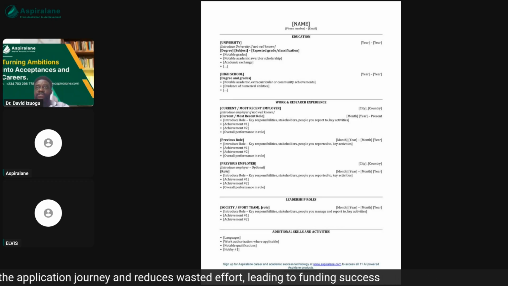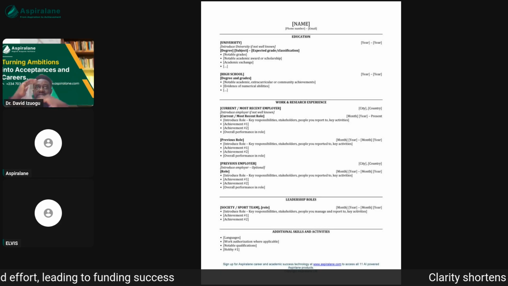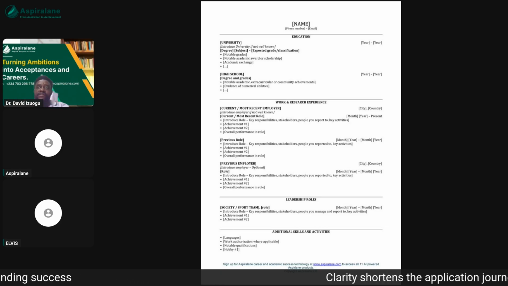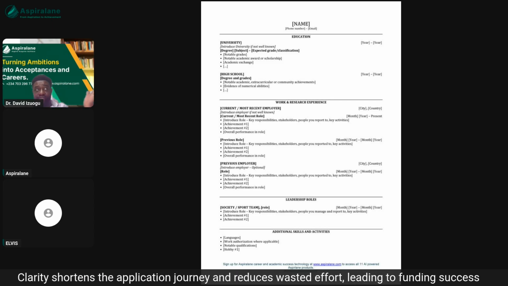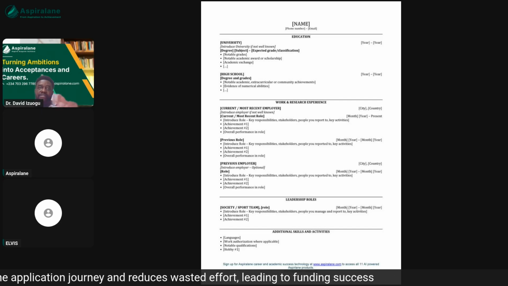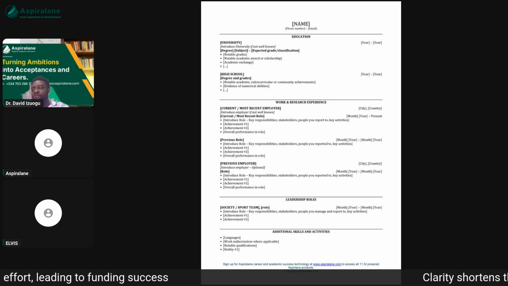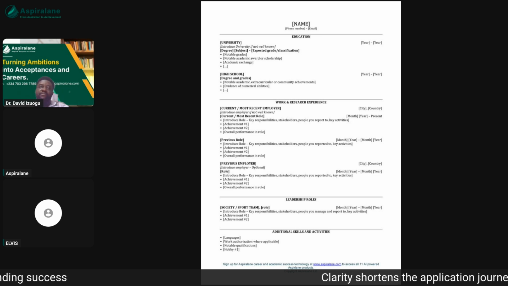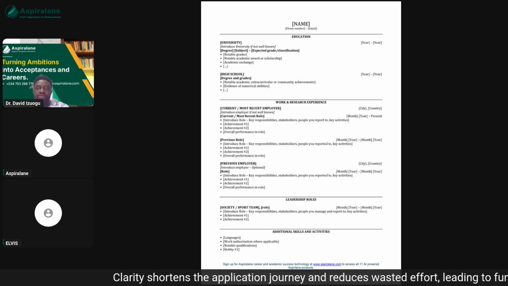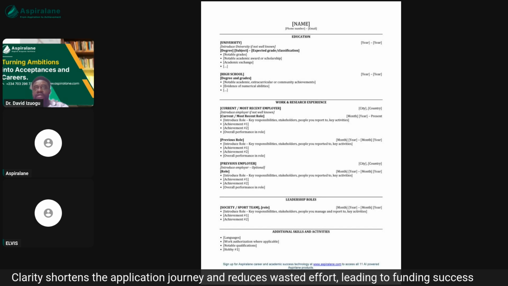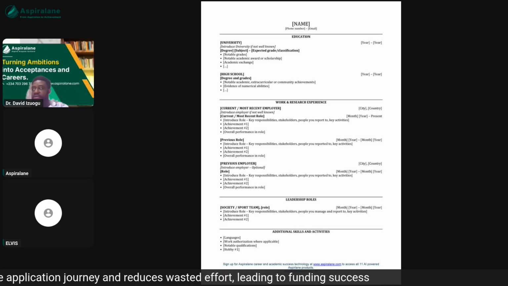So let's start with this one. They are almost the same thing. It's just how you demarcate sections that differs. So you have your name at the top, you have your phone number and your email, and potentially an address if you want. But this issue where people usually add their date of birth and local government of origin, all of that is completely unnecessary. It just takes away the space you would have used to provide more information about you.